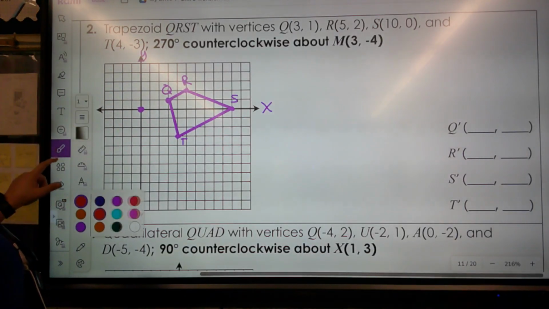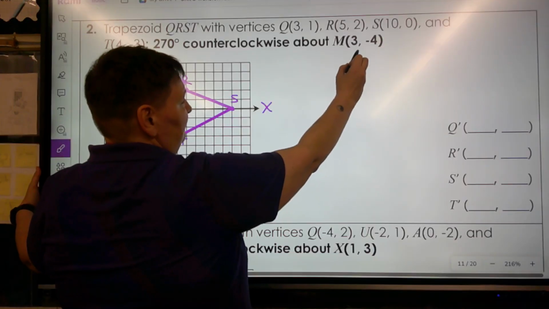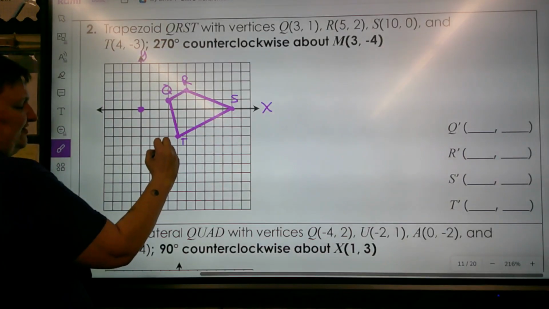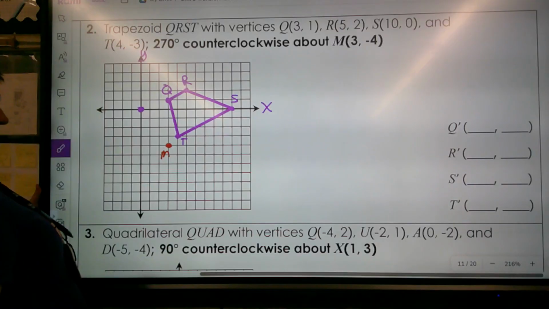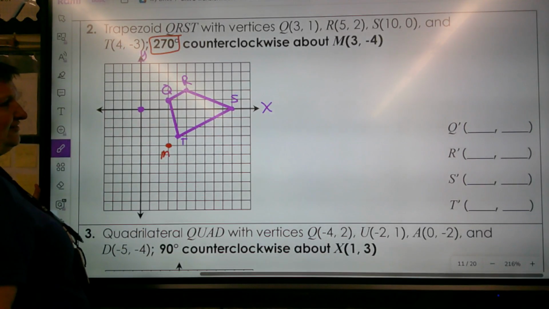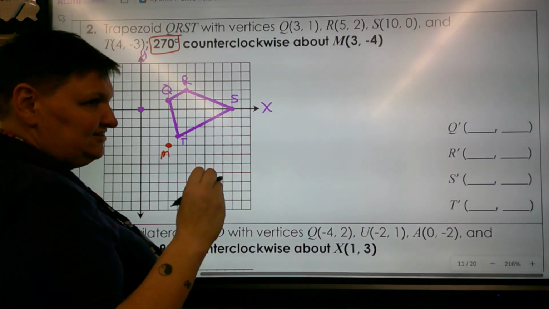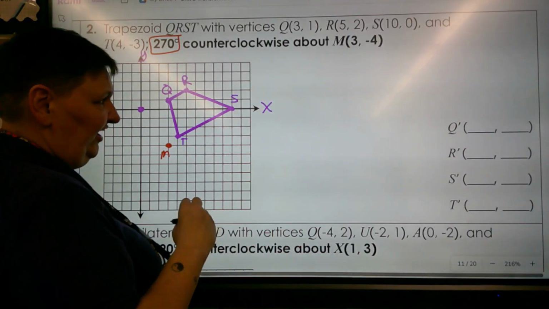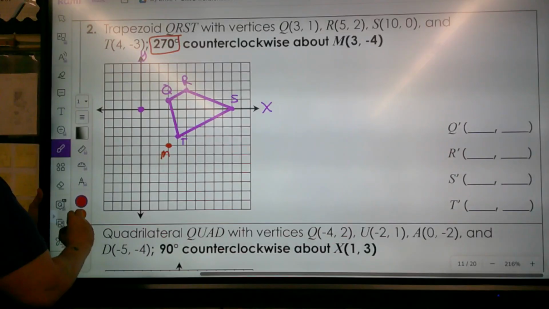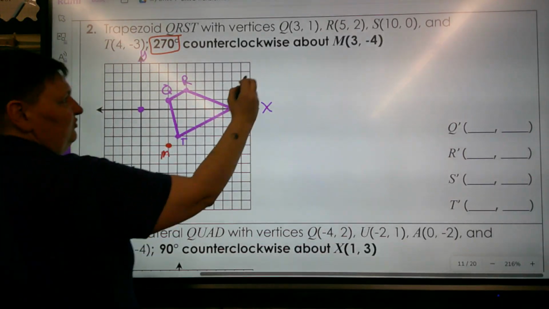Alright, now I'm going to plot my center of rotation, which in this case is M, at 3, -4, so 3 right, 4 down is my center of rotation. And we're going 270 degrees counterclockwise. So what's the rule? Change the sign of your X and switch your X and your Y. Okay, I thought I heard you say it. We're good. All right, so let's find our vectors from M to Q,